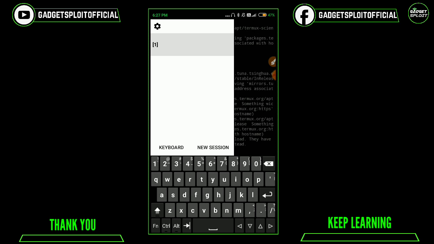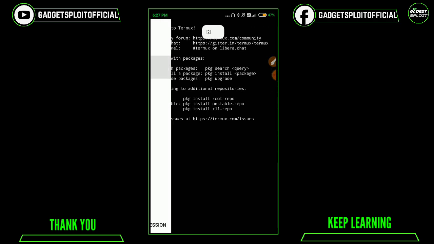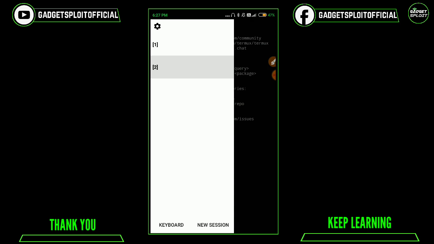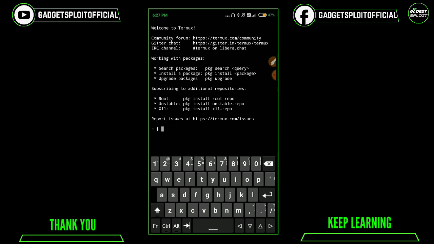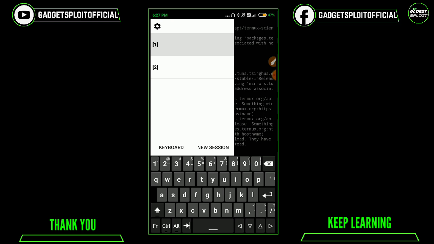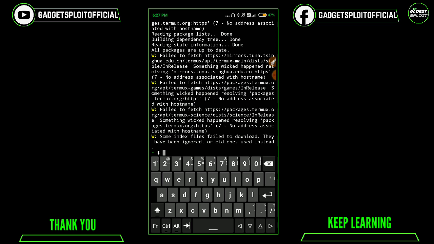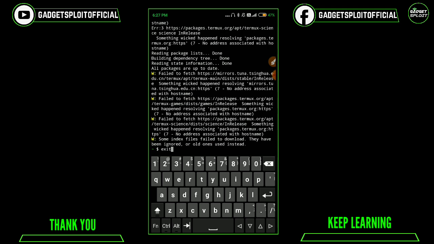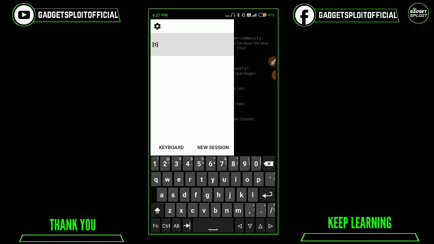Like this, in the Termux application you get these options. If you want to try, just click on new session, and as you can see, I just swipe left and I can change between my sessions. Suppose I'm trying to create a Python script here, and at the same time I would like to create a bash script also, then I can do that too. Like this you can use new sessions, and if you want to exit a session, just type exit in your Termux and click the enter button. As you do that, the session will vanish, whatever session it may be.